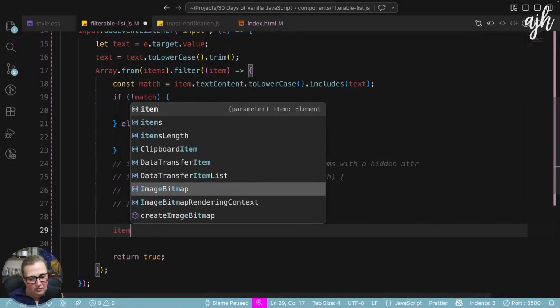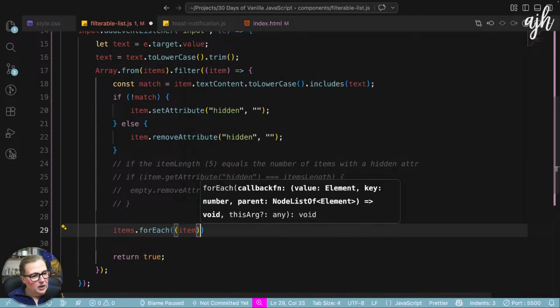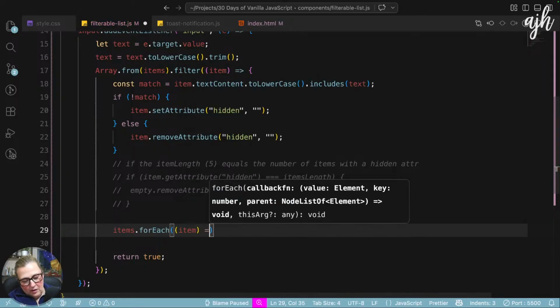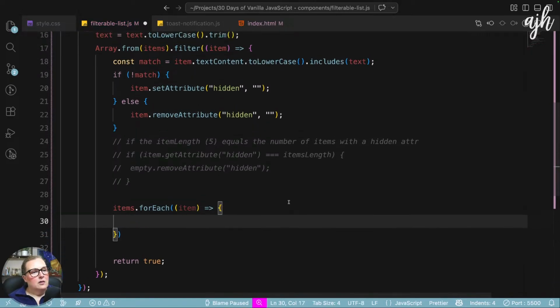We can do that. For each item. Now we'll say if the item has a get attribute of hidden,